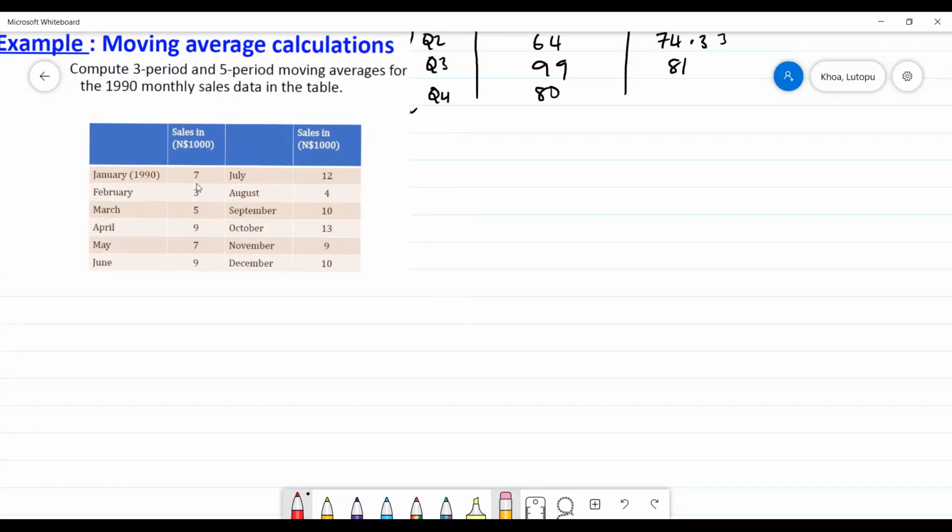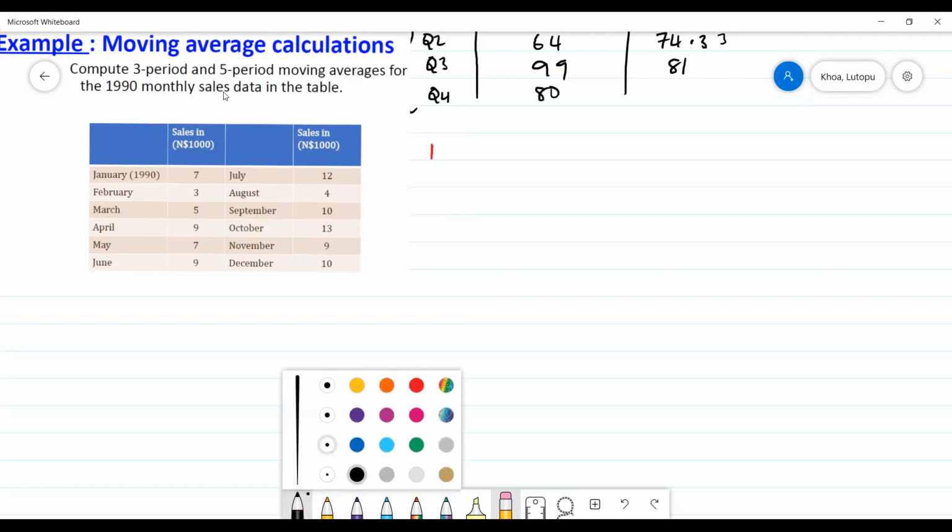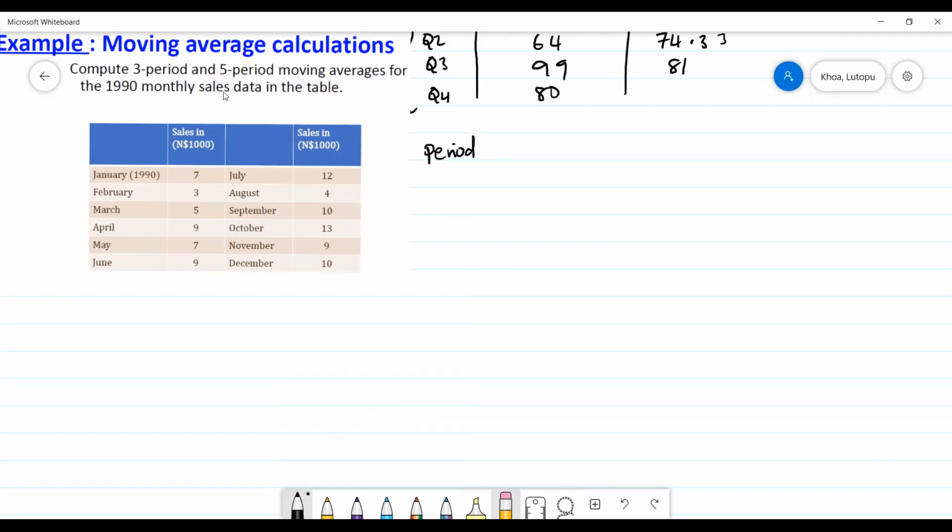Okay, so now we want to work out the 3 and the 5 point or 3 and 5 period moving averages. The way we do it is exactly the same. So say here we have the period right in black. So we have a period. So we have January, February, March, April,